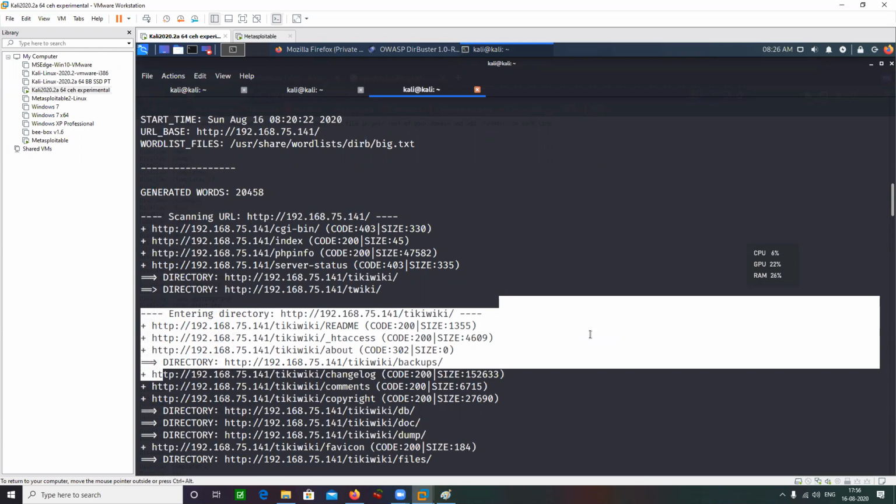If a word is not present in the dictionary or word list that you are using for brute force, and there is a directory that exists, you would not be able to have access to that directory. You would not even be able to know the existence of that directory. Big word list, more words, more possibility of identifying more directories, but it is going to consume more time.